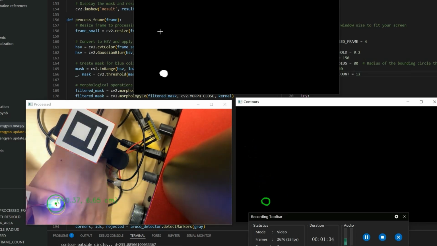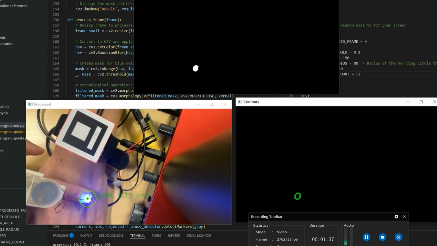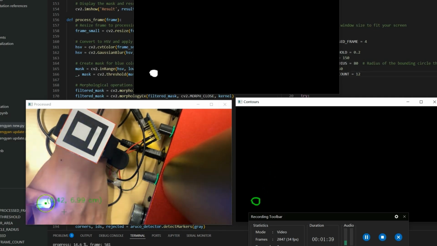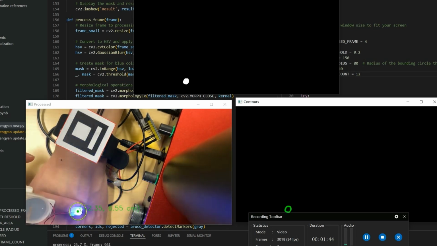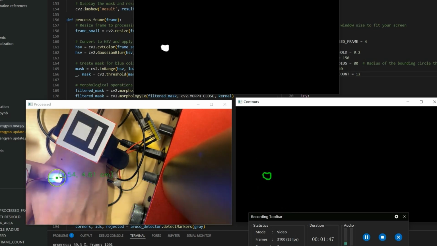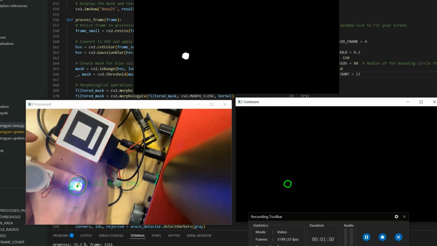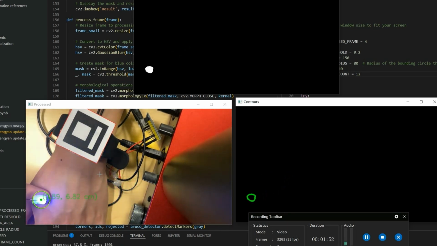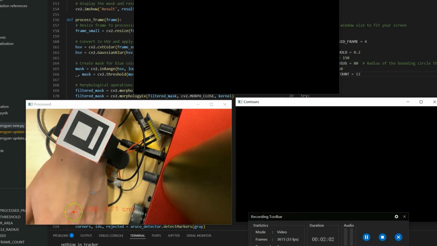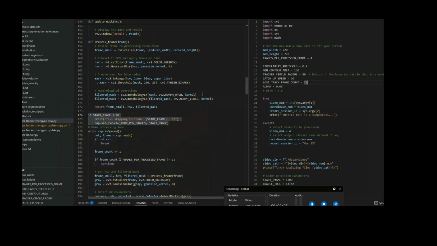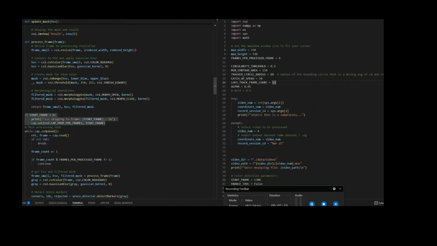This is the same video. As you can see, there are glitches in the mask, but the tracker is not affected. The tracker is stable as hell. So how did I do that? That's what I'm gonna talk about today. Well, if we take a look at the code,